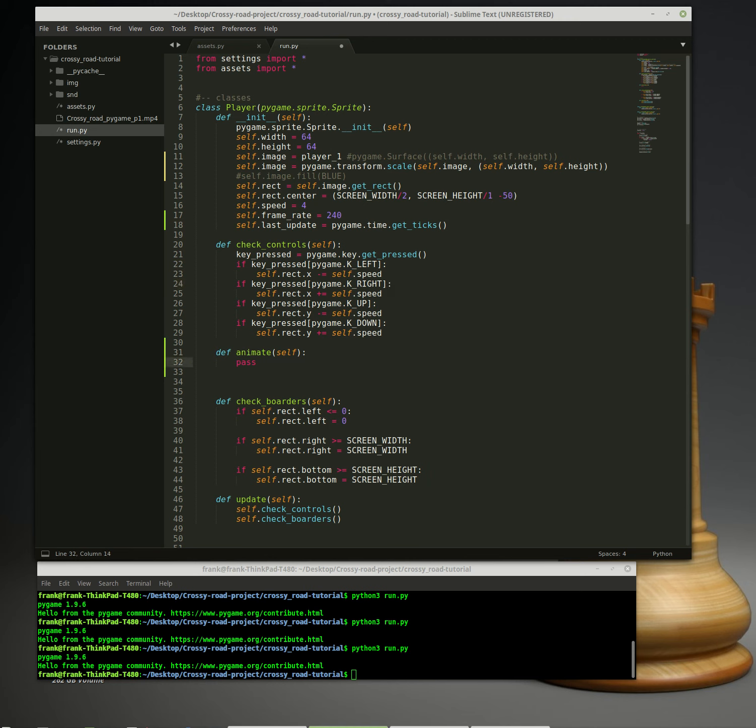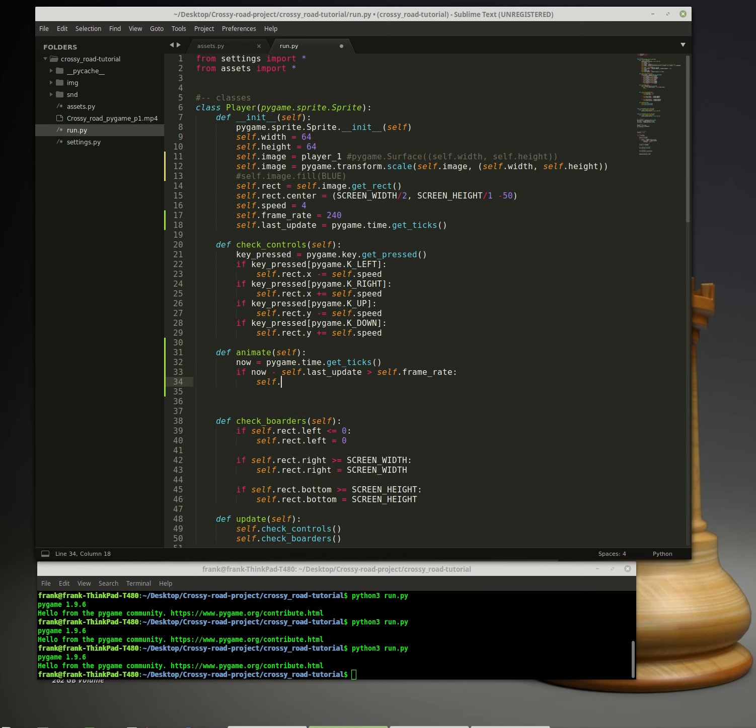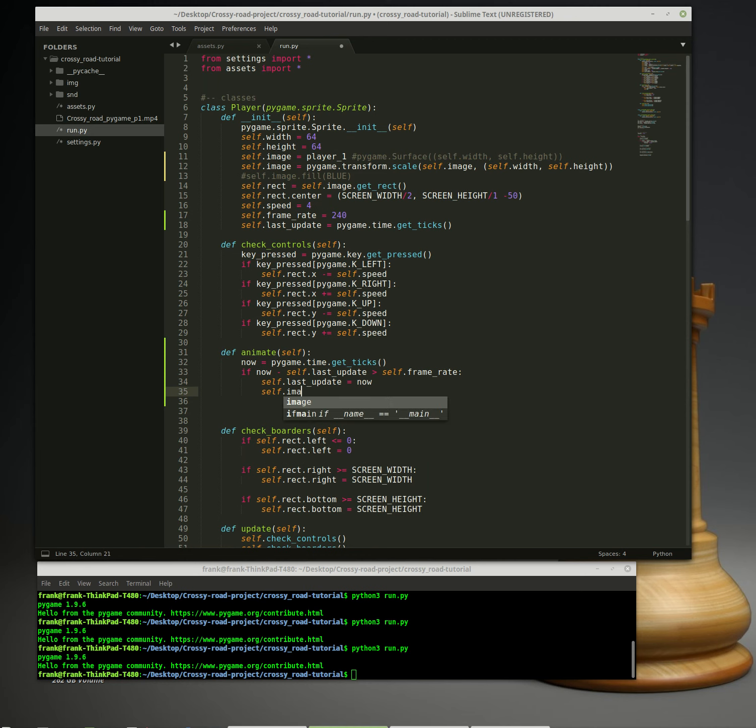Now what we need to do is set a zero time with now equal again pygame.time.get_ticks, and if now minus self.last_update is greater than self.frame_rate, which means if it's more than 240 milliseconds, then we null the time: self.last_update equal now, and after that self.image equal